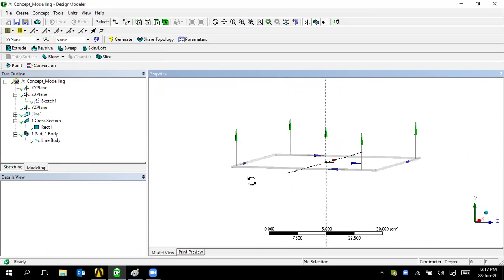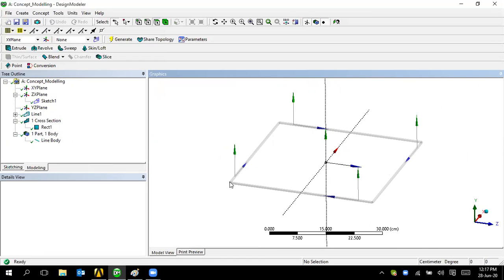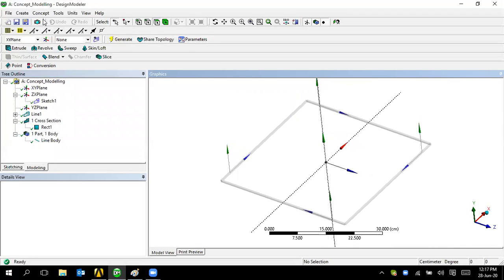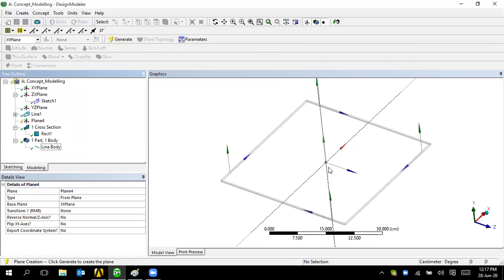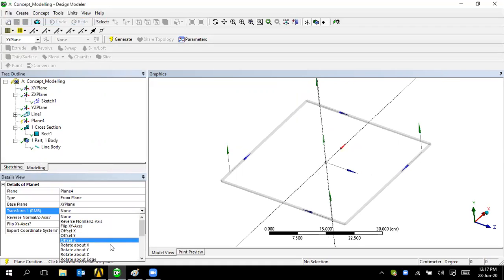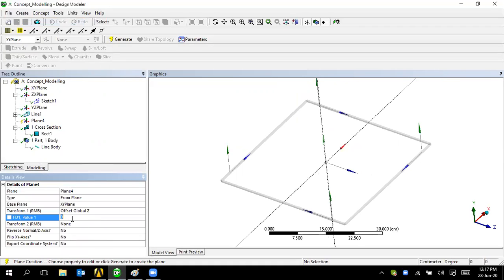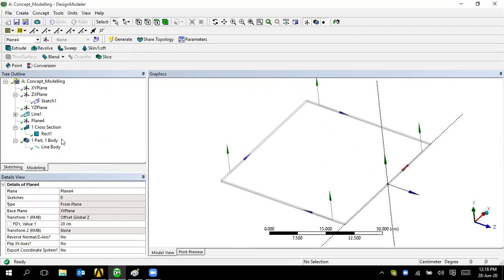And I am going to take one plane on one side and another plane on this side, so that I can comfortably create the legs. Since these are perpendicular legs, one plane is required. So I create a new plane, globally towards the Z axis, that is 20 centimeter. It came here, right? So click on here, click this view and go to the sketching part.